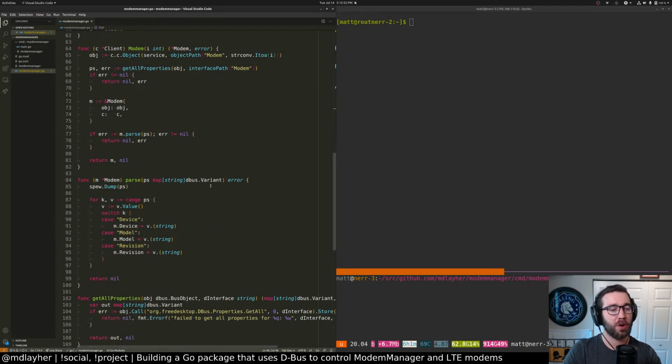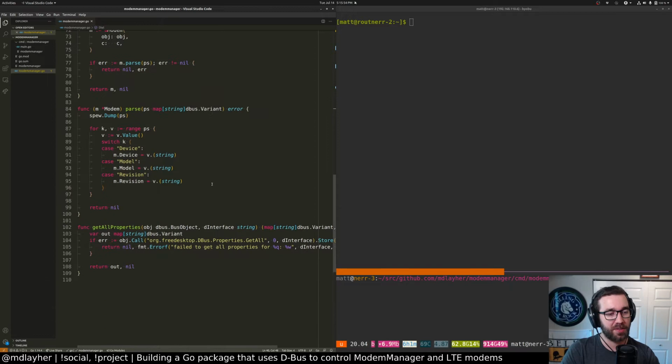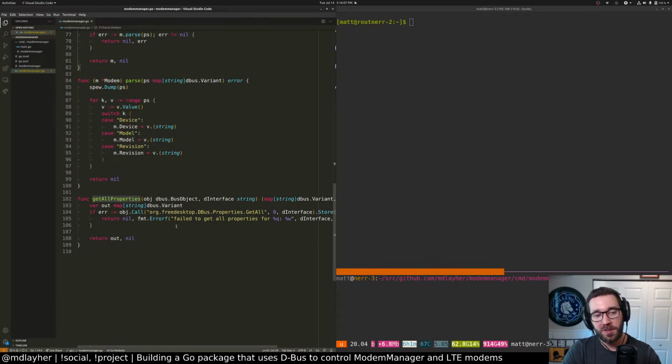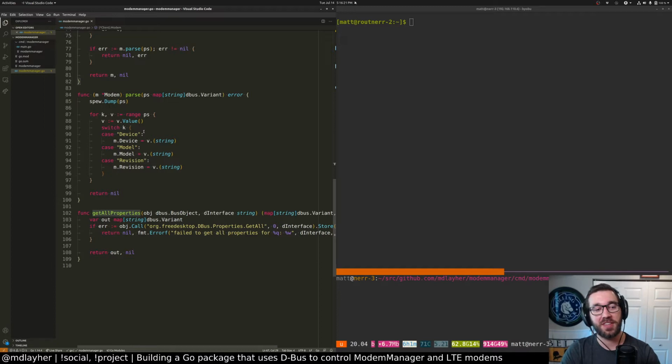Looking a little bit further, what I was working on before the stream a little bit is fetching information about a modem. So each modem exists as a device node in this tree, so we can query for modem 0. And then for modem 0, we're calling this getAllProperties method. We invoke the built-in dbus interface, org.freedesktop.DBus. We invoke the Properties GetAll method here and specify which dbus interface we want to get all of the properties of. And this basically gives us back a bunch of key value pairs that contain things like the device, model,